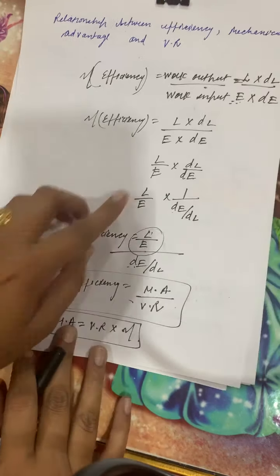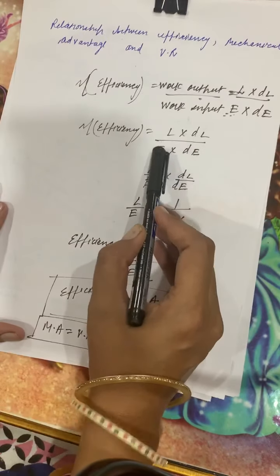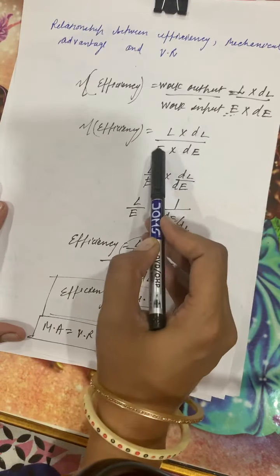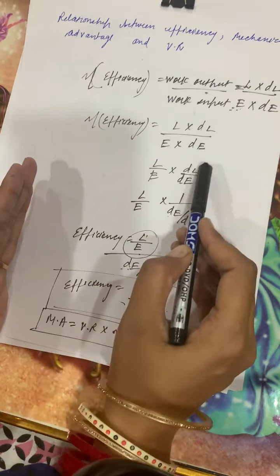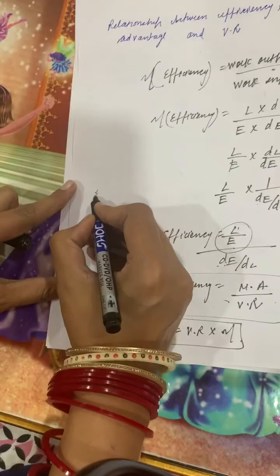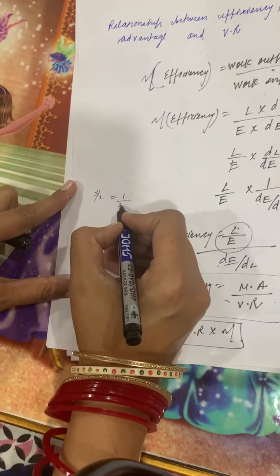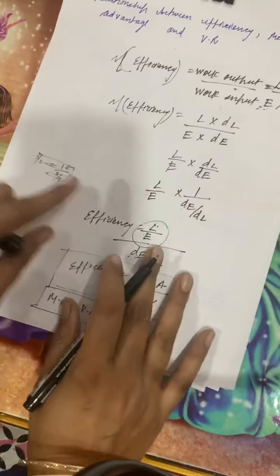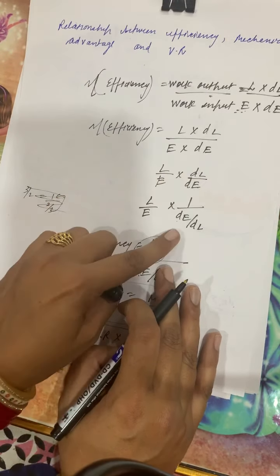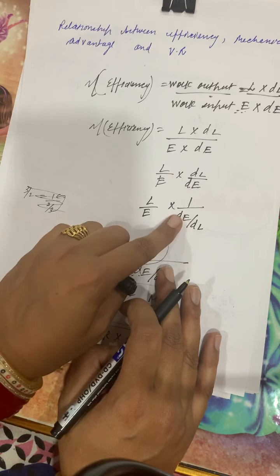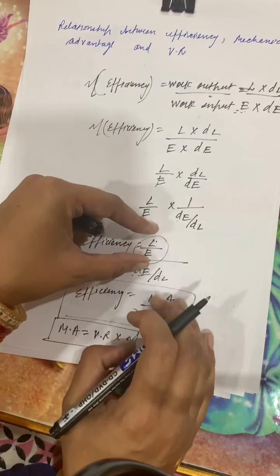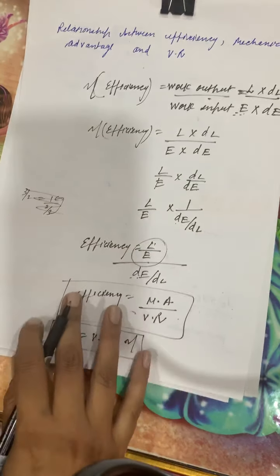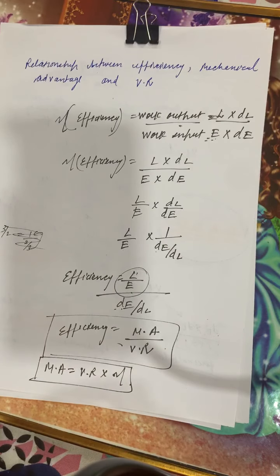So this was the relationship of work output by work input. L by E means load into displacement of load by effort. Here we have done load by effort, then we just separated the product. You know in mathematics 3 by 2 can be written as 1 by, obviously 3 will move here; the same we have applied here also. So DL is taken in the denominator of DE. Just by rearranging I got L by E is mechanical advantage, then by velocity ratio. So this was the session of introduction of the machines.